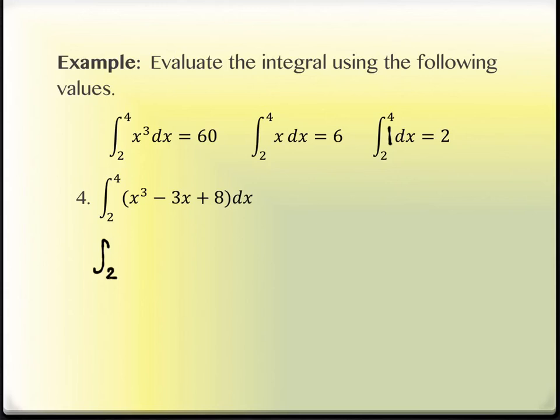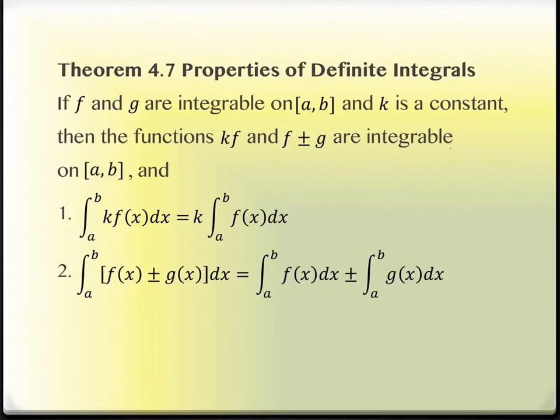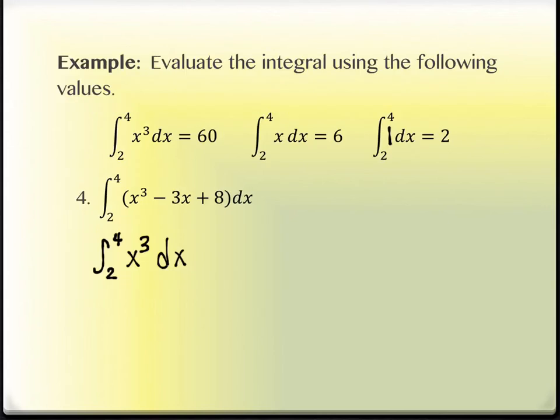In particular, I can separate out each of these pieces because it's addition and subtraction. So this is the first piece. Remember bookends. Make sure if you start the integral, you put the dx at the end. The next piece has a subtraction and there's a 3. Now notice, this does not have a 3 in it up here. So I'm going to drag the 3 in front of the antiderivative. That's the property that we saw over here on number 1. It says if there's a k inside, I can pull the k to the outside. So I'm going to do that. And I might as well pull the negative with it. So the negative 3 will come to the outside, and it's the x, still from 2 to 4, still bookended with